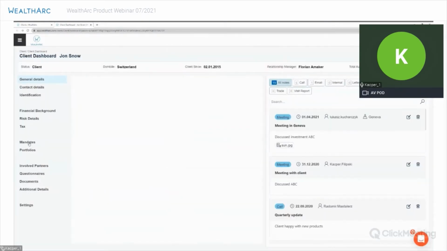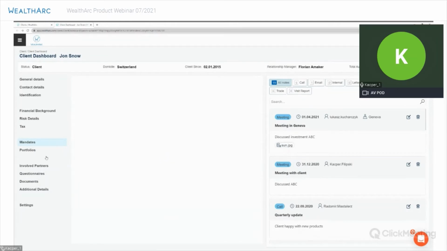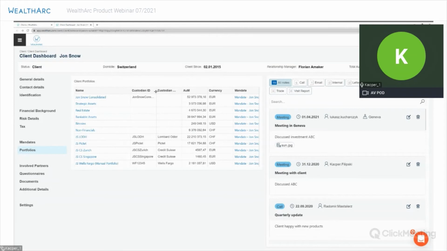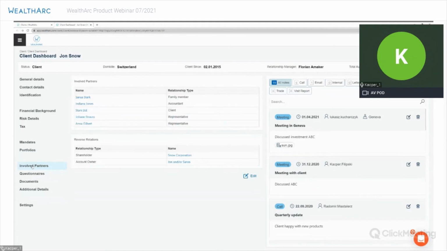So this is giving you a really good overview of all the roles that your client has in different mandates. Then we move to the portfolios. So portfolios is just a summary of all portfolios where your client is the account owner. So again, this is used for calculation of the total asset under management. Of course, you can also easily navigate to the portfolios or the mandates directly from here or to different clients